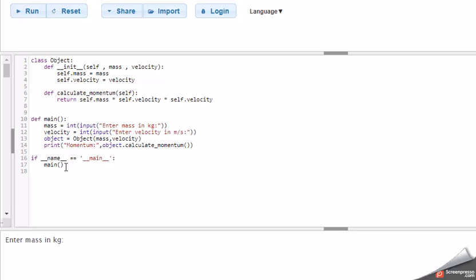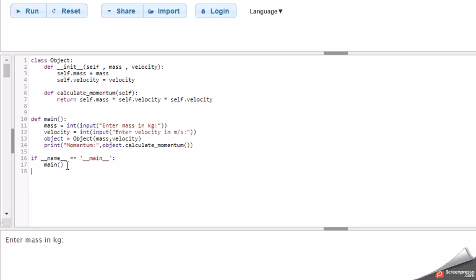Okay, you can see that there is something mentioned: underscore underscore name equal to underscore underscore main. What is it? In Python there is no concept of a main class or a main function that we can define. It's a special built-in variable in Python which evaluates to the name of the current module.